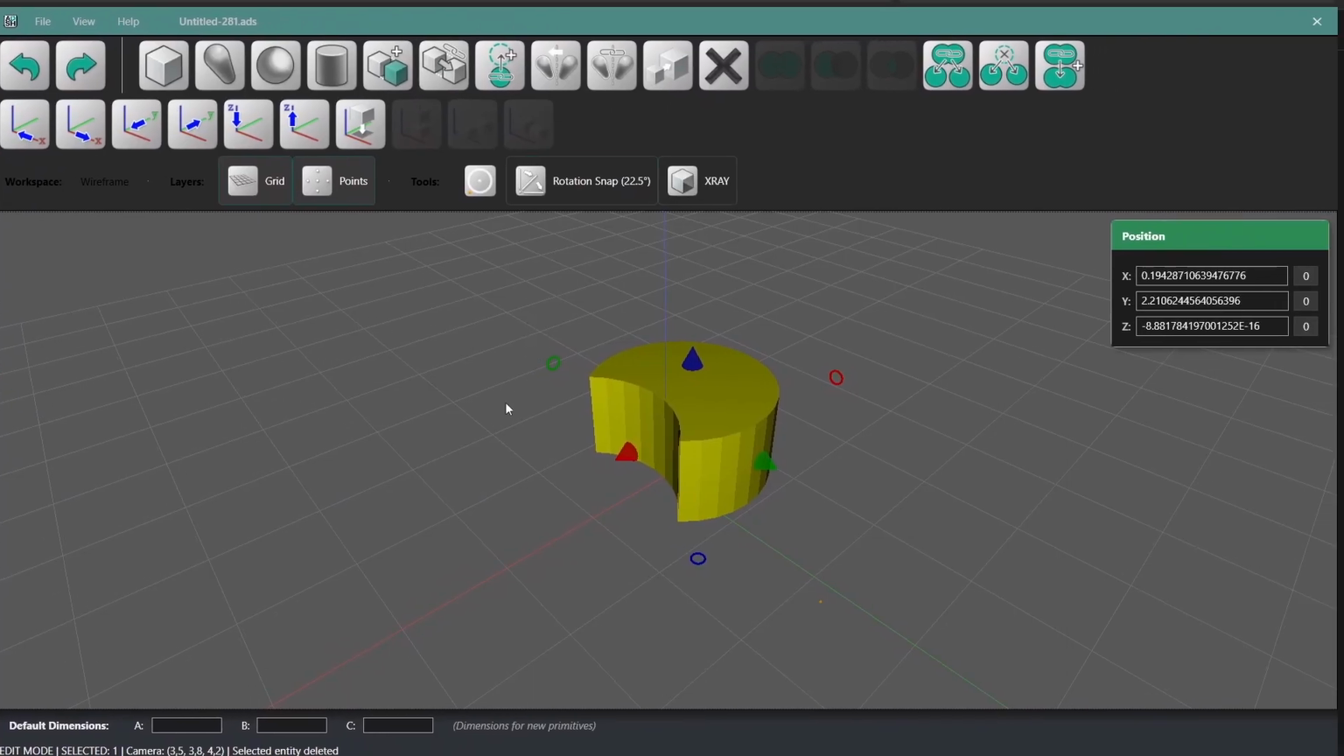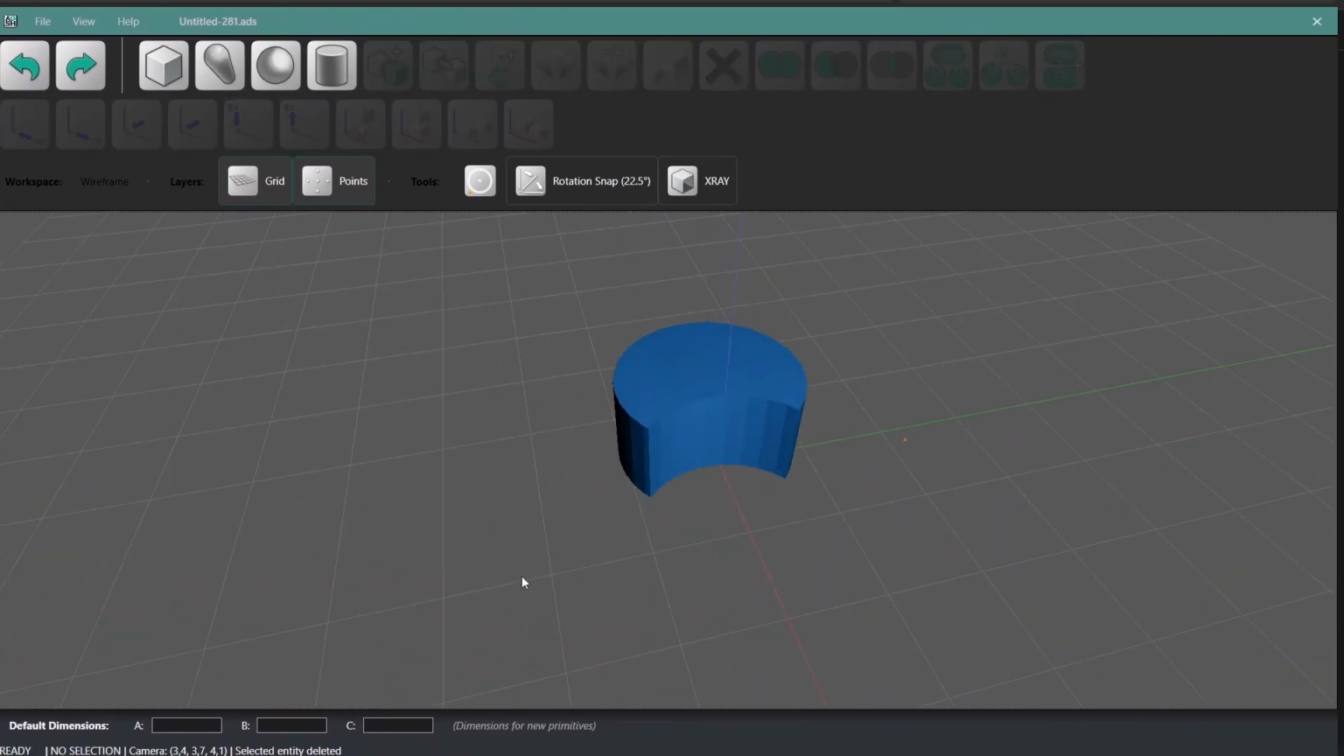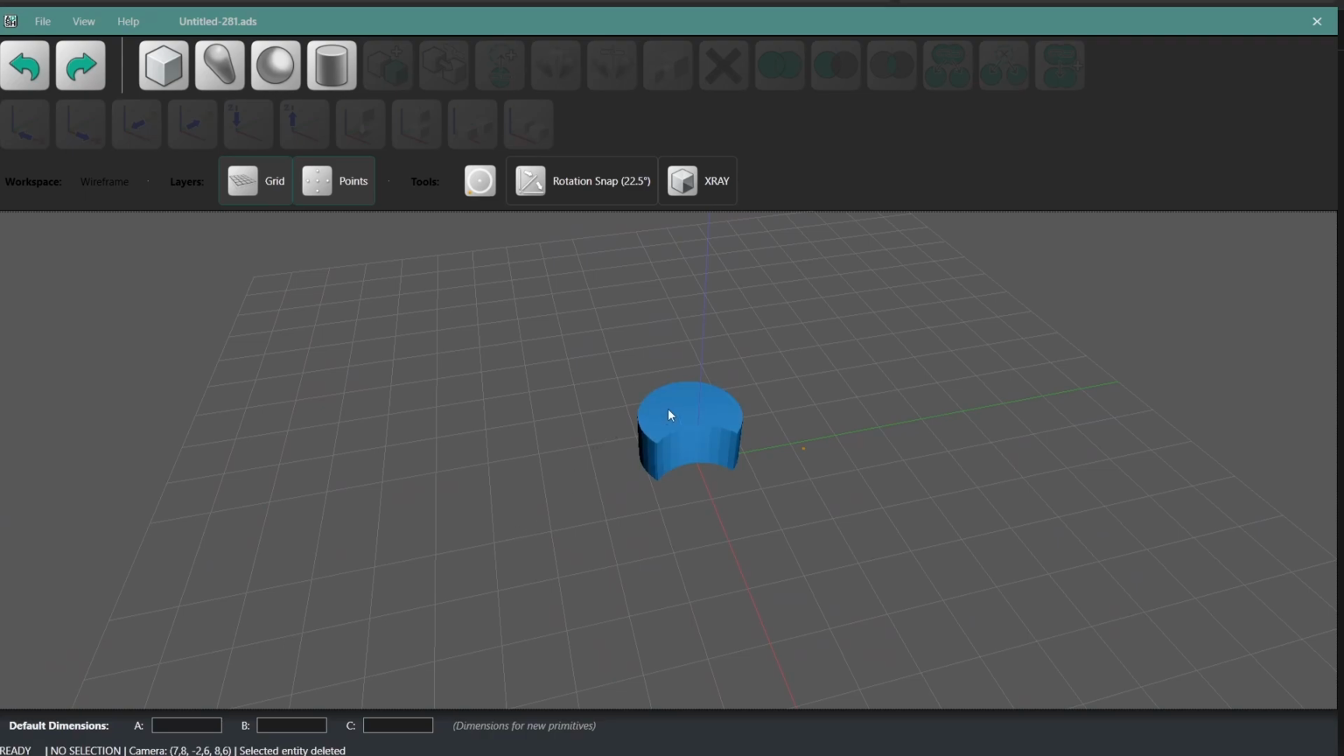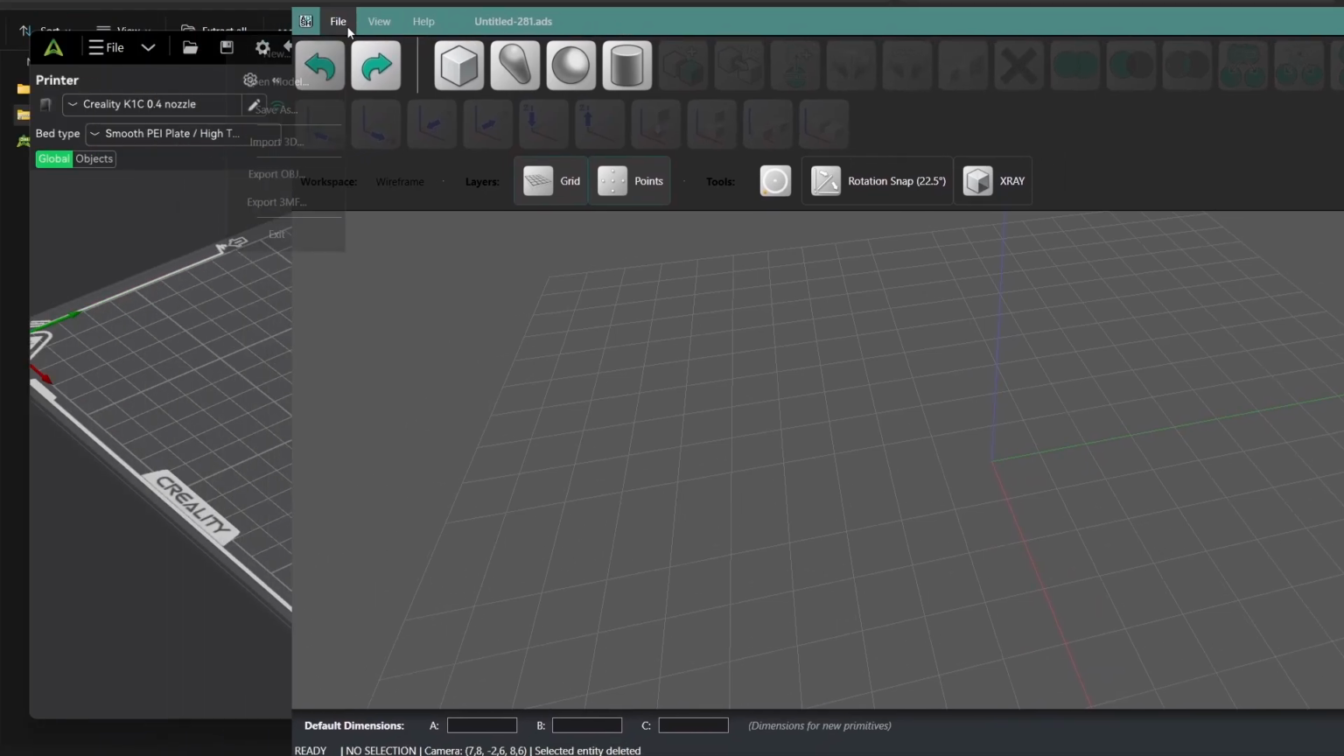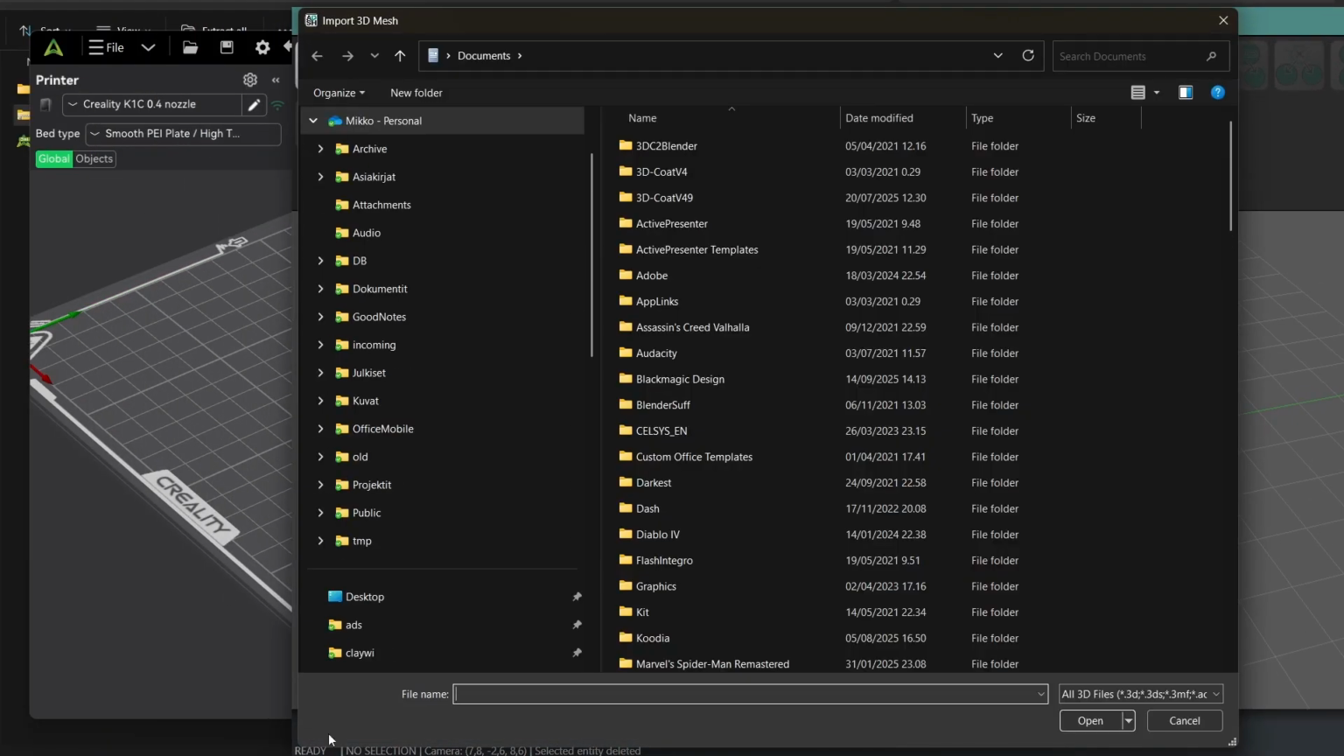Next, let's import a shape. The Import 3D Mesh function supports many 3D formats, including STL, 3MF, and GLTF. We can only import files that contain 3D printable shapes. Since most formats don't guarantee that the shapes stored in them can actually be 3D printed, it's possible their import